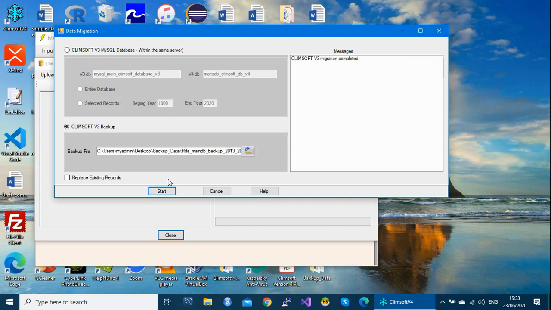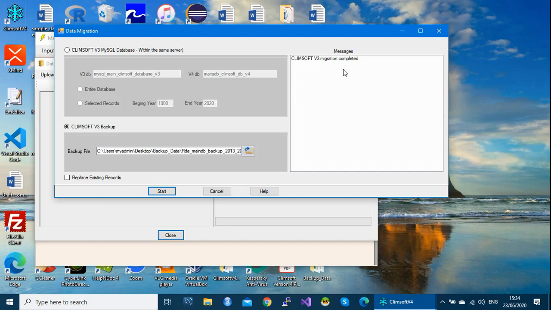This is very important. Before you do data migration, you have to make sure your metadata already exists in the database. That means the stations and also the elements, so that the data will know where to sit. As you can see here, the message says CleanSoft version 3 migration has completed. So that means the migration has completed.